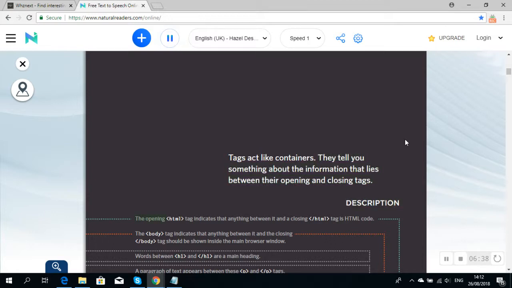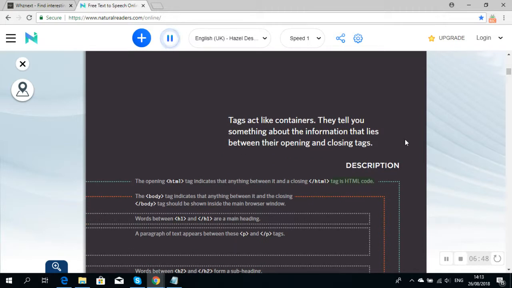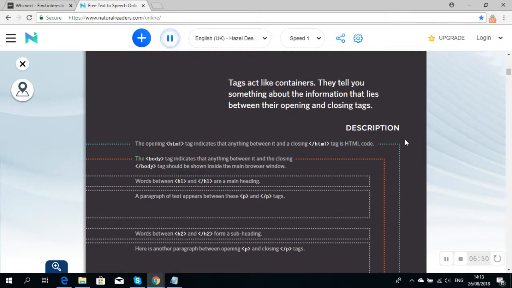Description. The opening html tag indicates that anything between it and a closing tag is HTML code. The body tag indicates that anything between it and the closing tag should be shown inside the main browser window. Words between h1 tags are a main heading. A paragraph of text appears between these p